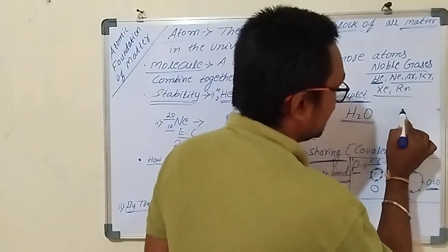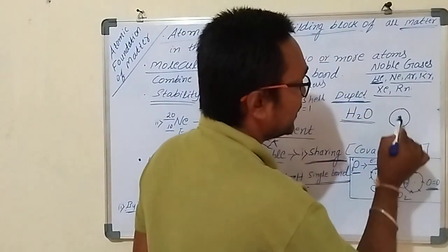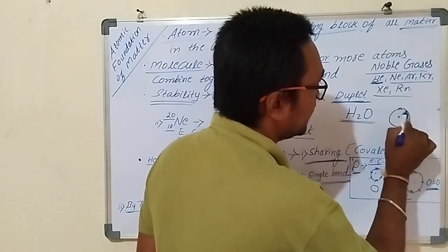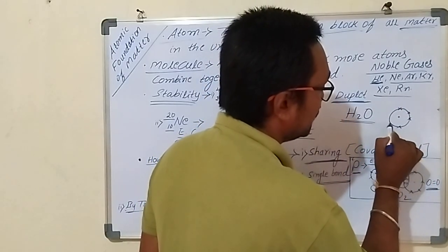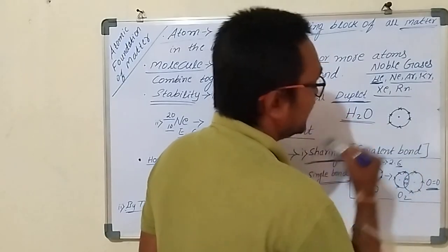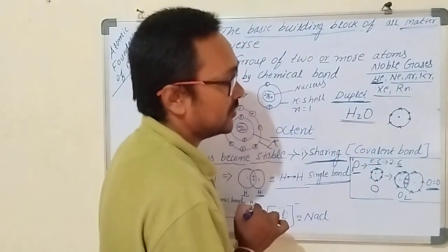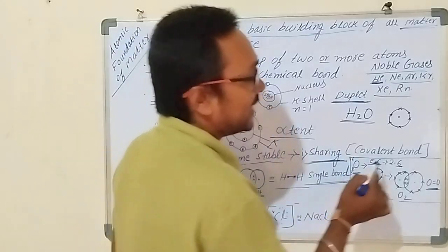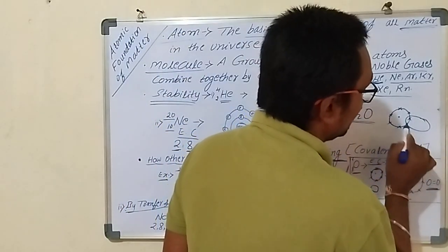Oxygen, let me take oxygen, how many electrons does it have? 1, 2, 3, 4, 5, 6 electrons. It requires 2 more electrons. In the sense, it can take one electron from the hydrogen,